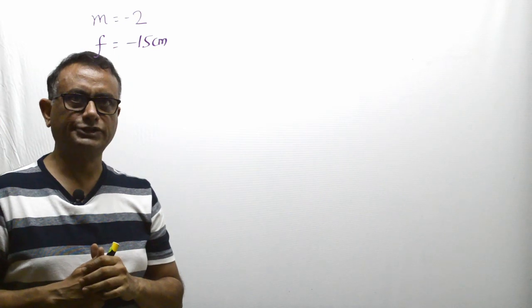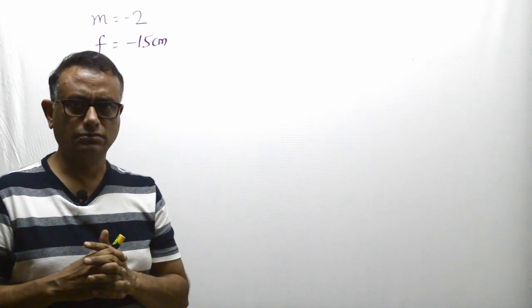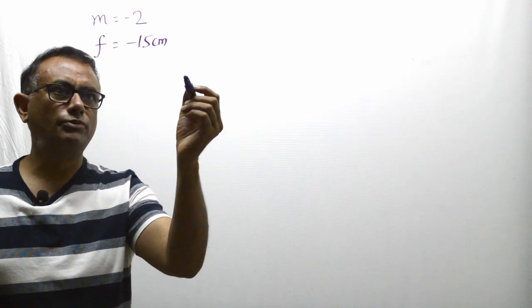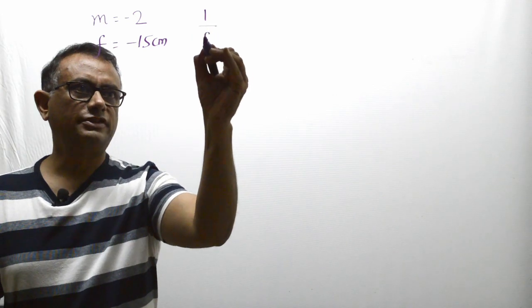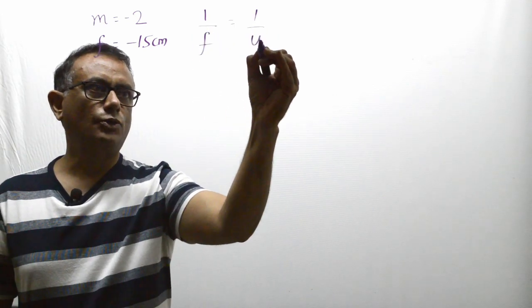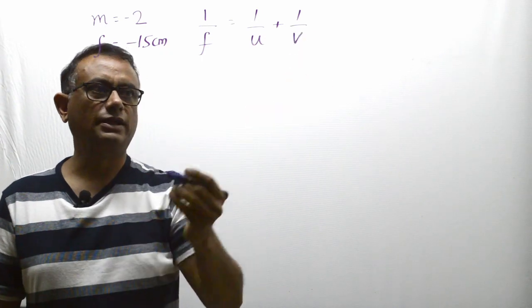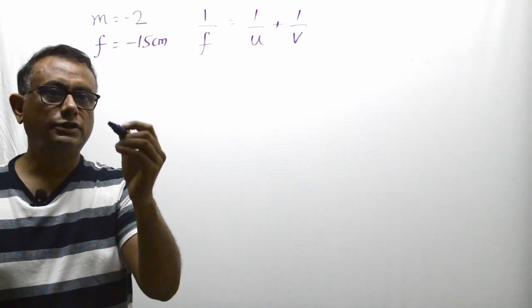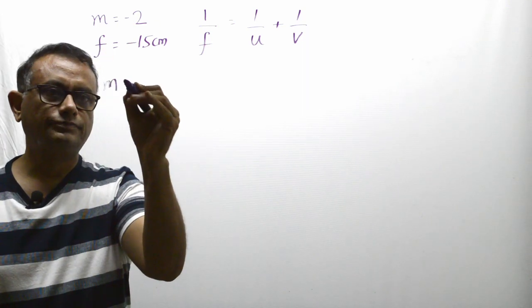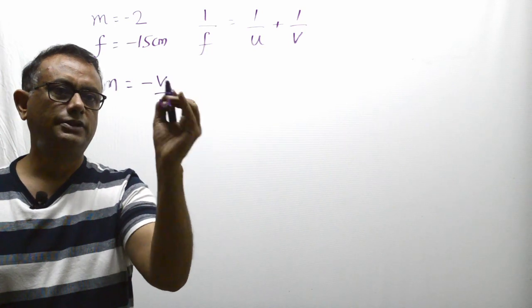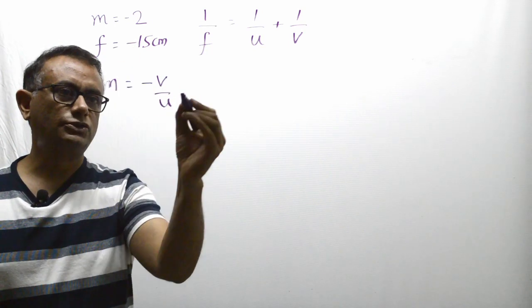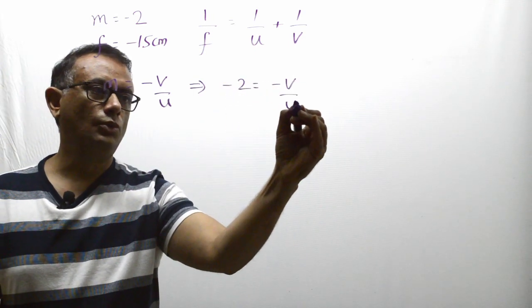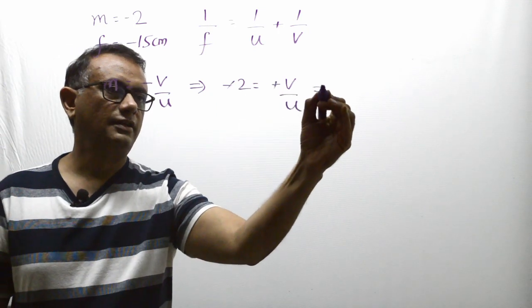So we have M is equal to minus 2 and we have F is equal to minus 15. Focal length was given as 15 centimeters, minus 15. We employ the formula that we are aware of. 1 by F is equal to 1 by U plus 1 by V. This is the formula we can use to calculate U and V. Okay. Also, we will use the relationship M is equal to minus V by U. Okay. So magnification we got it as minus 2. That means minus 2 is equal to minus V by U, or we can say V is going to be